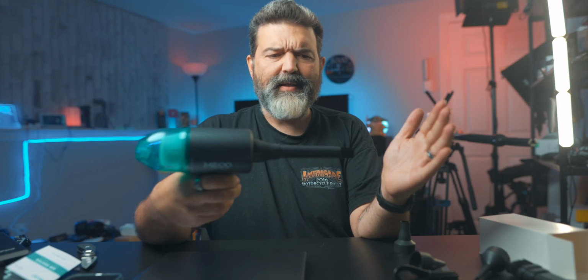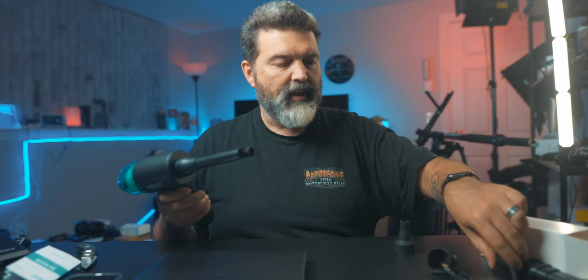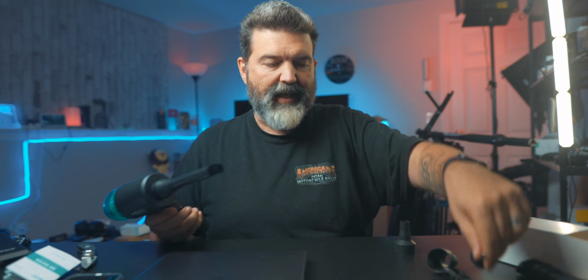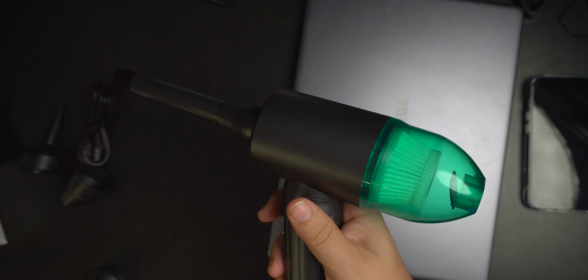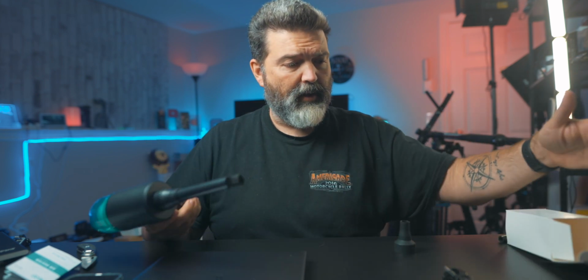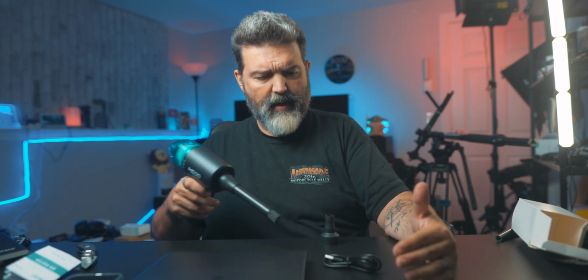Oh, it's got a lot of wind. I think that's the issue. The issue is with this one, it's trying to force so much air through this little hole that it kind of gets backed up. So you don't hear it with this one, right? This one, and that's a lot more wind coming out. Like look at that, right? It's just blowing everything off the table. And that's on low, you know? You crank this up to high. Oh yeah, like